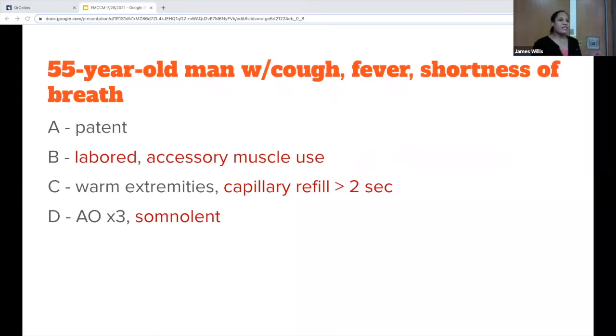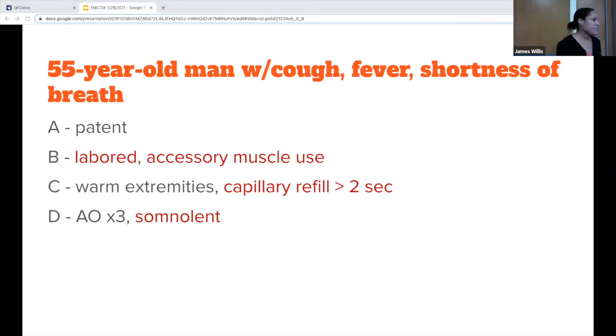So we'll start with a case. I know usually we do the case kind of interactive. We're going to do some interaction later on this time. So I'm going to go through the case pretty quickly, okay? So we start with a 55-year-old gentleman. He's got a cough, he's got fever, shortness of breath,